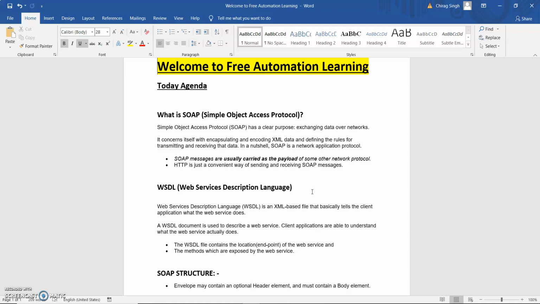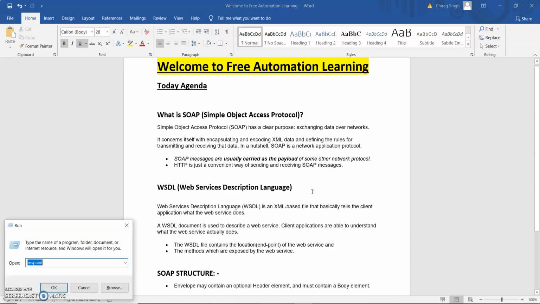So when we send a request from client to server or application A to application B, we just send some data in the form of payload, in the form of XML data, from application 1 to application 2, right?